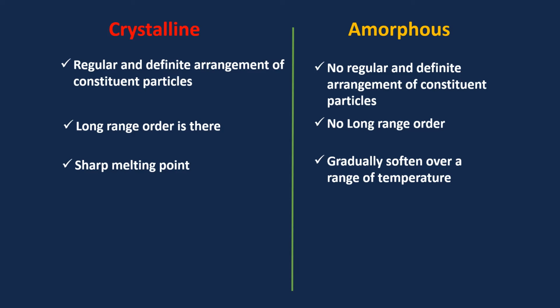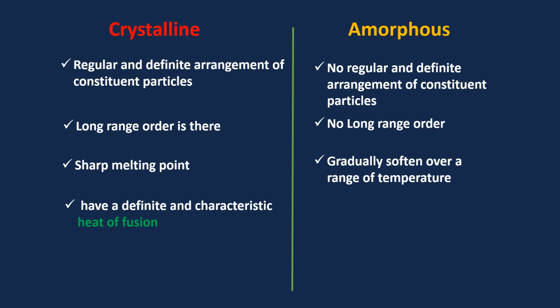That is, at 1100 degrees Celsius, it starts melting. It starts softening, and then at 1130 degrees, the temperature remains constant and it continues melting like that. That means the range is not perfect. We can't give a particular temperature value for the melting point in the case of amorphous solids.